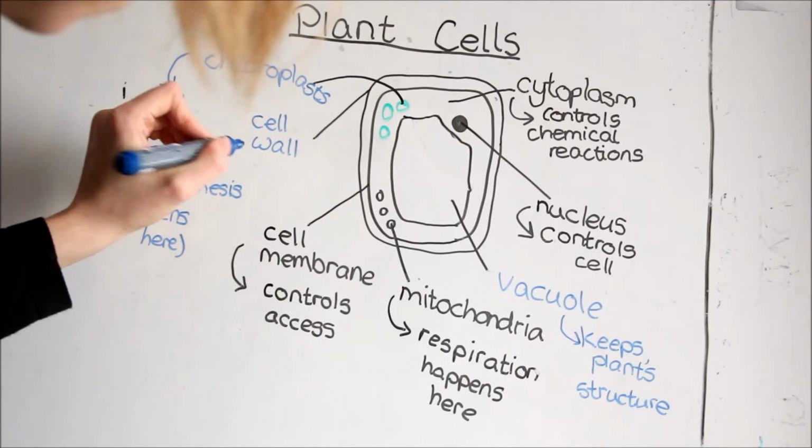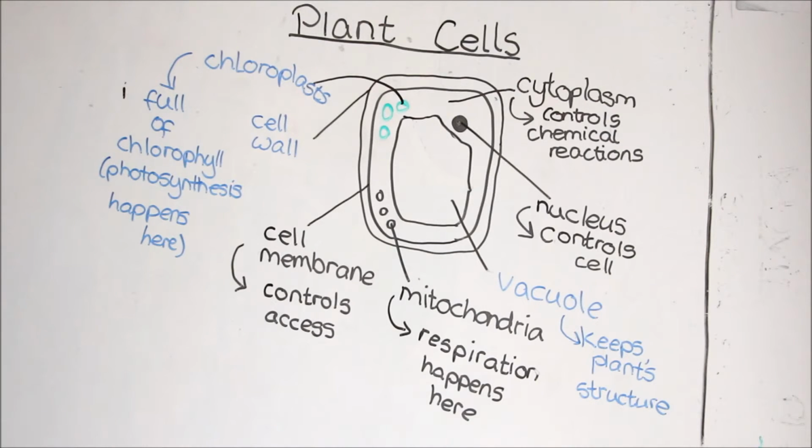So the cell wall basically maintains the structure of the cell. I don't think that's the best way of putting this. So in short, the cell wall is kind of an extra structural barrier around the outside of a plant cell